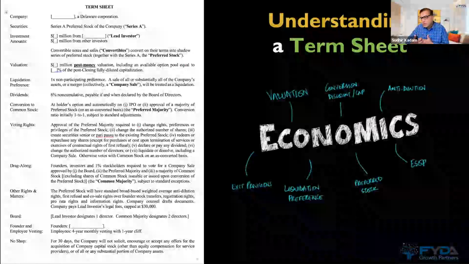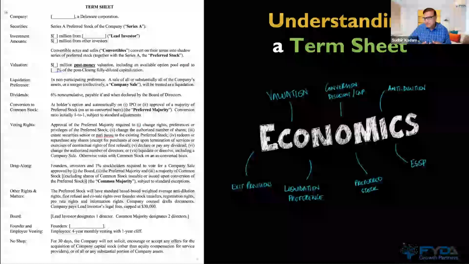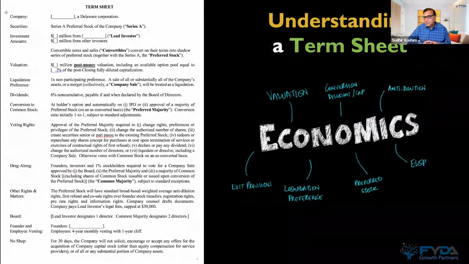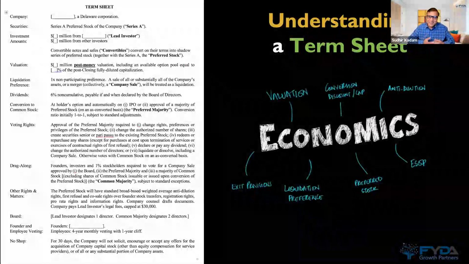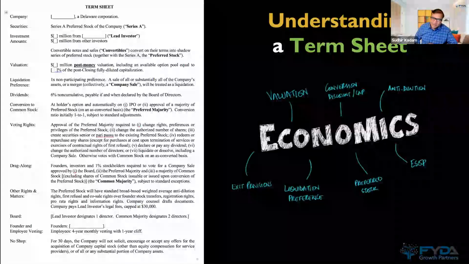The founder wants to sell the company. The investor says, no, we will build the company. And I've gone through such examples in real life. Sometimes the investor wants to sell the company. The founder says, no, I don't want to sell the company. So there are a lot of exit provisions that get documented. There are liquidation preferences that get documented.